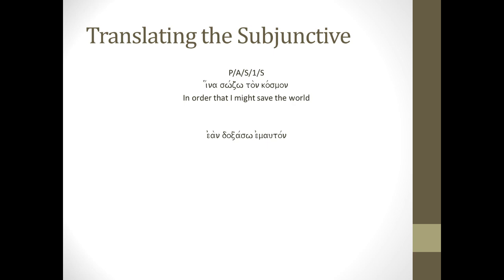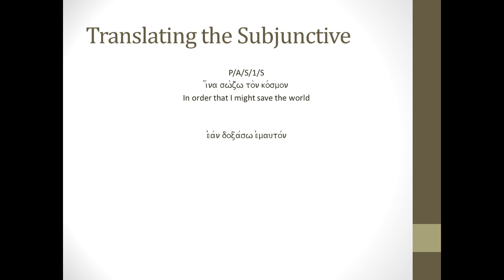And so I can see here that I have a sigma. Now, if I did not have that red flag word there, the doxazo could look like a future tense, because that sigma there would look like a future tense of doxazo. But in fact, I know that it is an aorist, and I know it's an aorist because it's preceded by a red flag word, ean, and I know that only in the subjunctive do we have both present and aorist tense. We do not have any future tense.